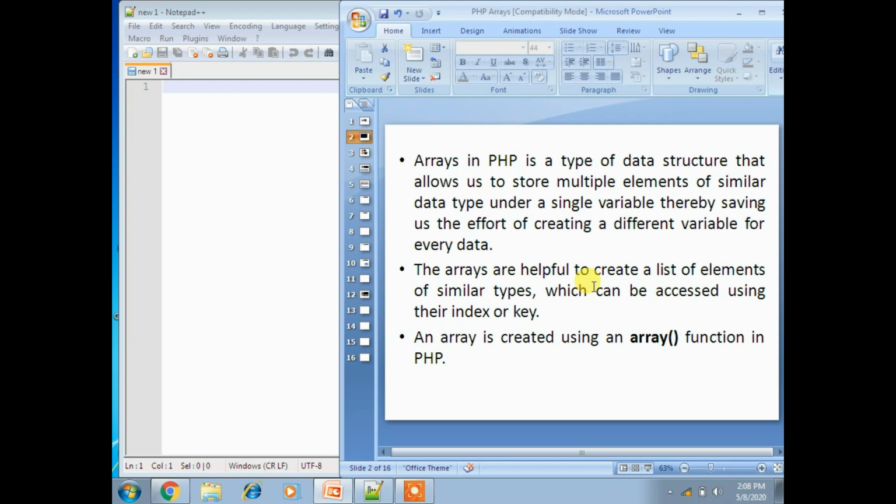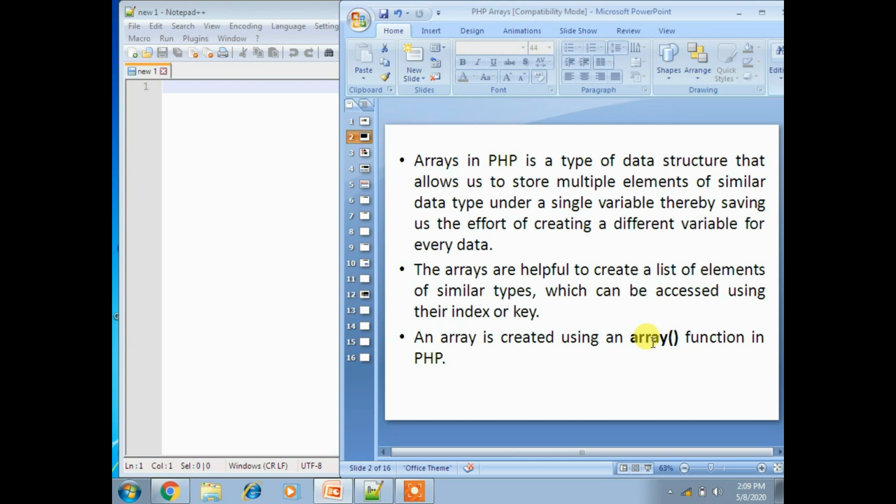Here the array comes into play and helps us store every element within a single variable, and also allows easy access using an index or a key. An array is created by using the array function in PHP. So that is about arrays.